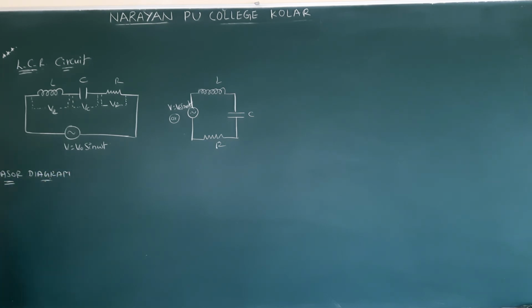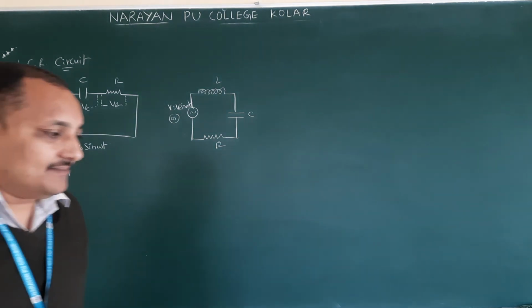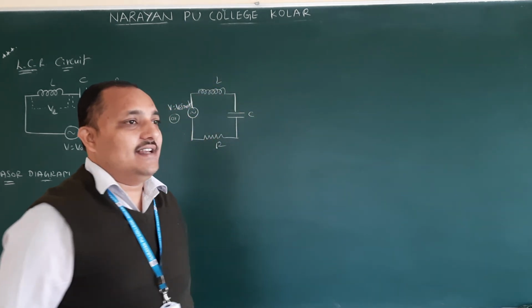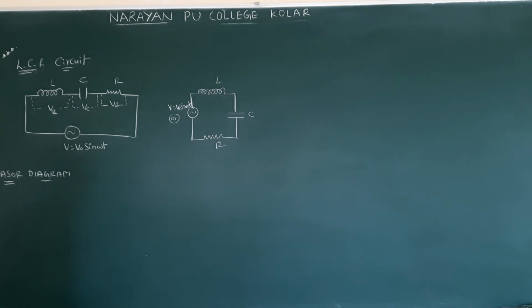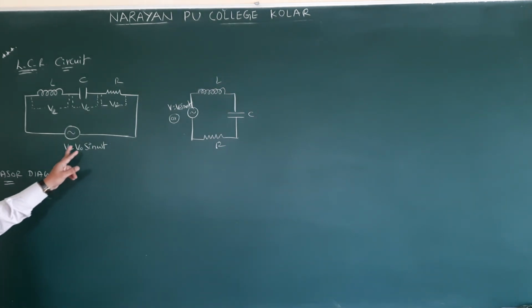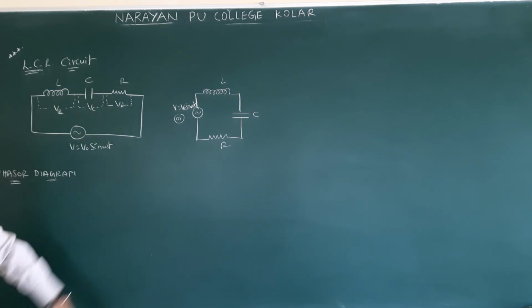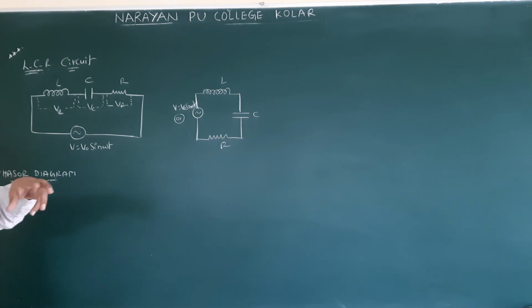You can write this consideration: consider an inductor of inductance L, a capacitor of capacitance C and a resistor of resistance R connected in series as shown in the diagram to an AC source, that is V equals V naught sin omega t. VL is the voltage across the inductor, VC is the voltage across the capacitor, VR is the voltage across the resistor. Then, by using the phasor diagram, first we are going to find the effective voltage, the impedance and the current. They will ask to find the resultant voltage, the impedance and the current. Now, what is the phasor diagram for this?